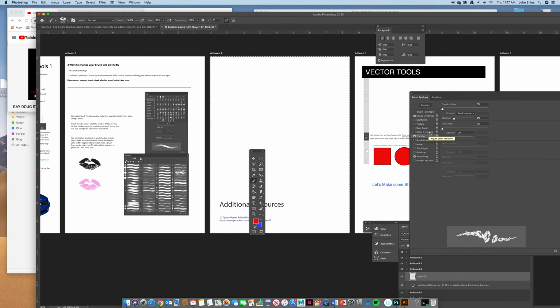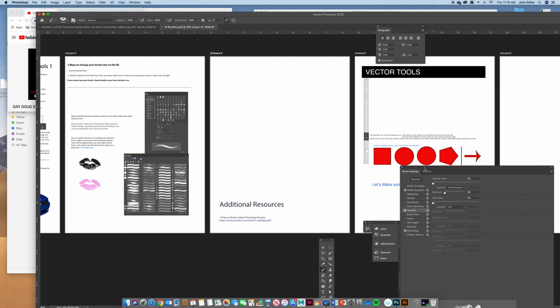All right, I'm going to stop right there. I think brushes is enough for you guys for today. Here's a great little 10 tips to master Adobe Photoshop brushes video I found. Check that out. It'll help you as well. There's a lot more to brushes. You can spend days looking at the brushes. There's all kinds of different ones when you get into